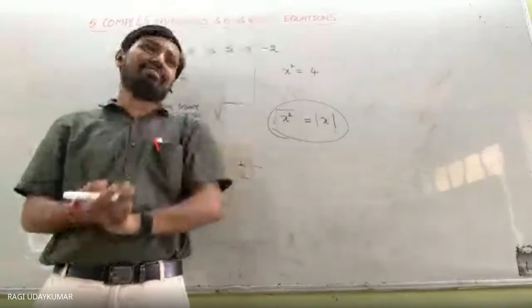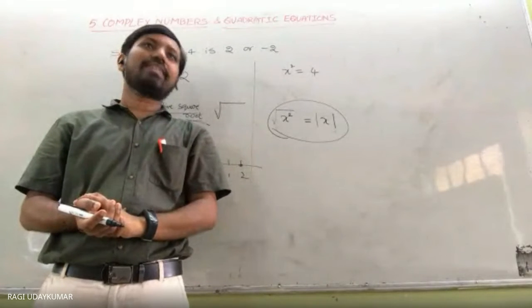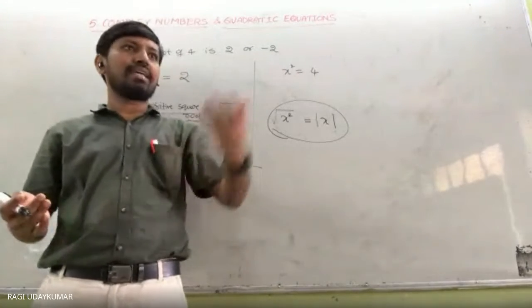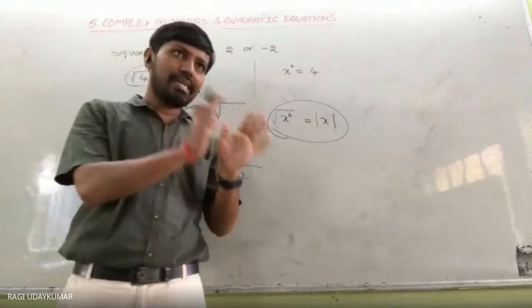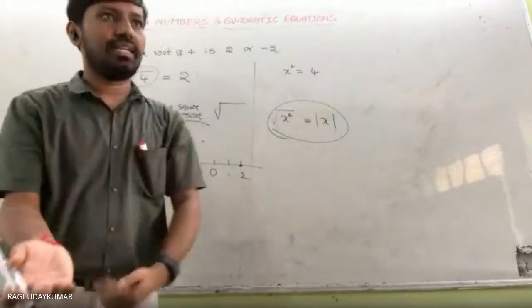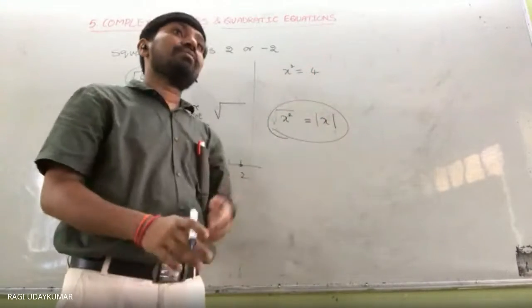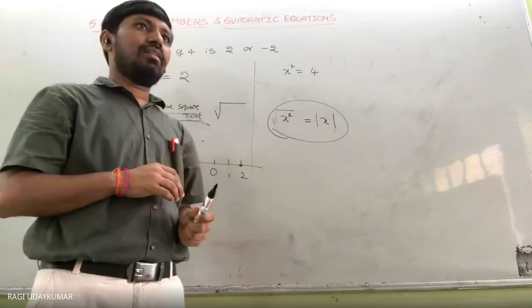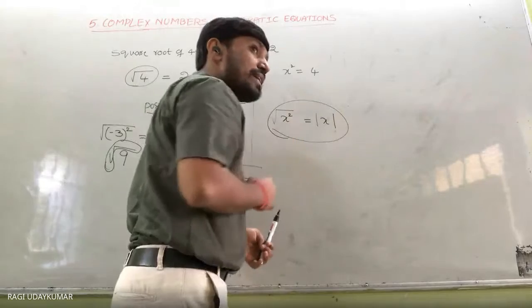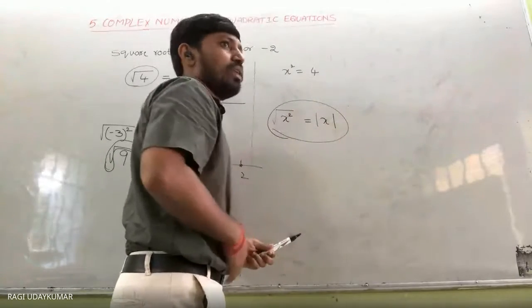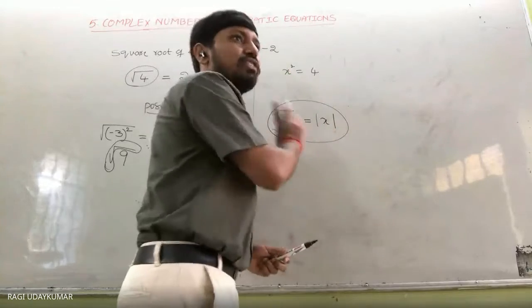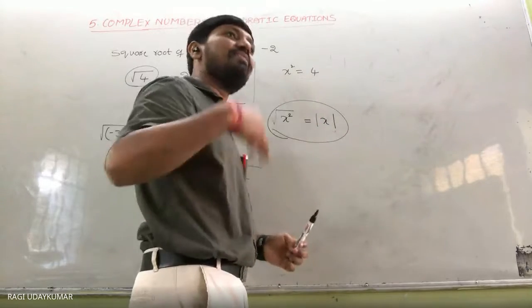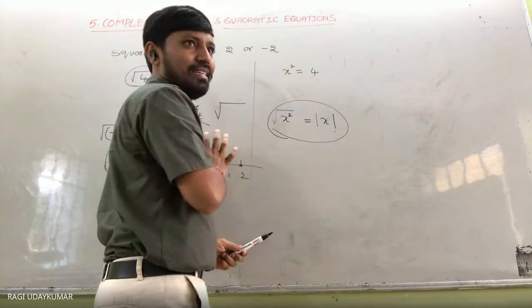Now from this, x square equal to 4 means what? It's a quadratic equation. Quadratic equations we already learned in 10th class, but here we are going to learn them differently in 11th. A quadratic equation has at most 2 roots, maximum 2 roots only. So the solution of this quadratic equation is x equal to plus or minus 2. Take plus 2 in place of x, it satisfies. Take minus 2 in place of x, it satisfies. That's why x equal to plus or minus 2 is one explanation.